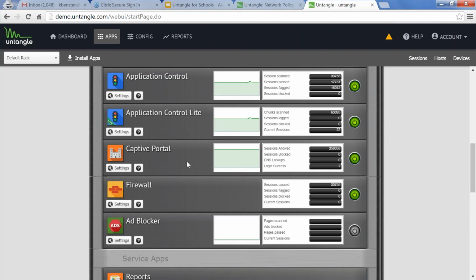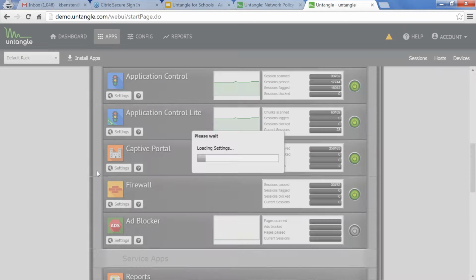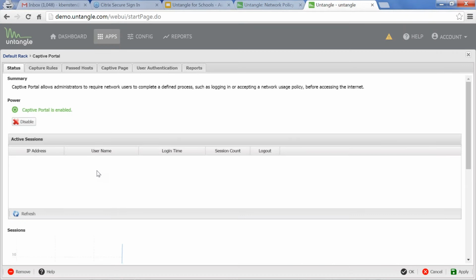I did want to touch on Captive Portal because I think that's a key feature if you have Wi-Fi networks, if you have BYOD implemented into your school, or you've got sporting events that are coming up and you want to have open access to your Wi-Fi for, excuse me, your parents or staff members that come to those events. The Captive Portal allows you to set up a custom page that authenticates the IP or the device, and Untangle is able to see it at that point. What that does is it captures the IP address or the MAC address and then basically filters on that.